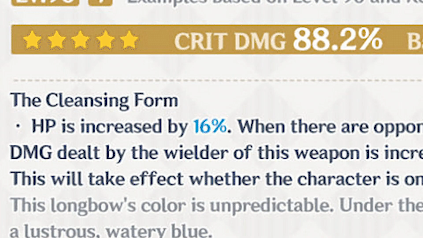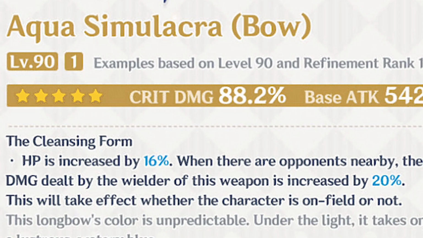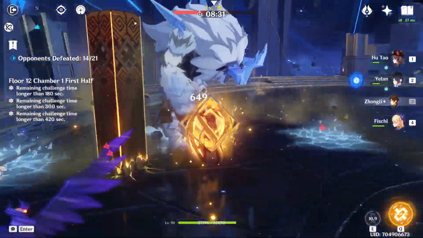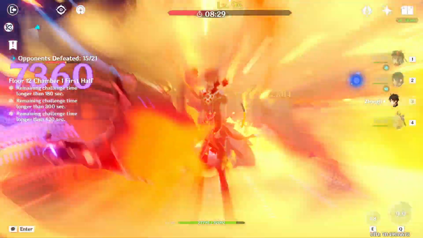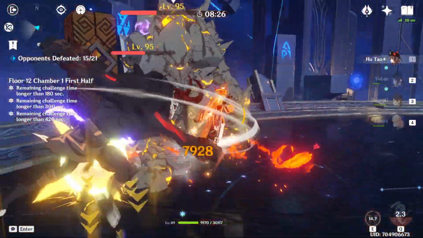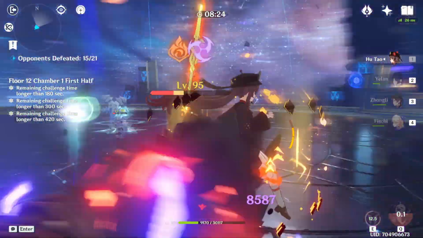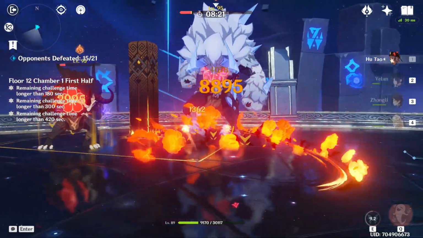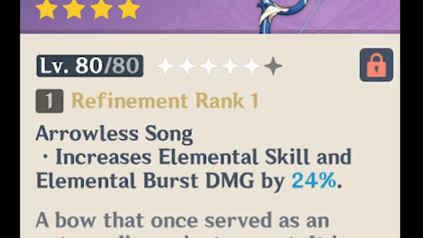It gives 16% HP, I mean, why not? And it automatically increases the damage by 20% even if the character is not on field, which, as we definitely know by now, is important for Fischl. This weapon is just like Elegy for the End, a weapon you can only get off of the weapon banner, and this one was released together with Yelan in version 2.7. Skyward Harp can also be good for the crit rate and damage, and you can get this one from the normal banner. For 4-star options, there is the Stringless, which increases skill and burst damage by 24% on Refinement 1,